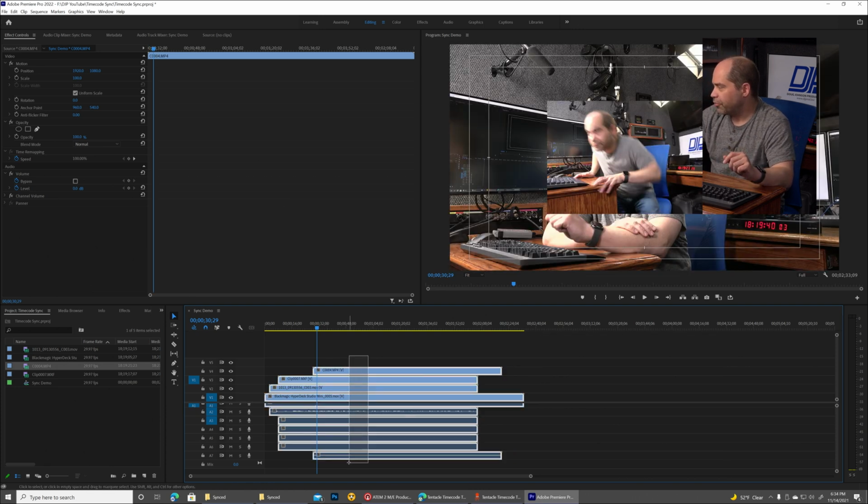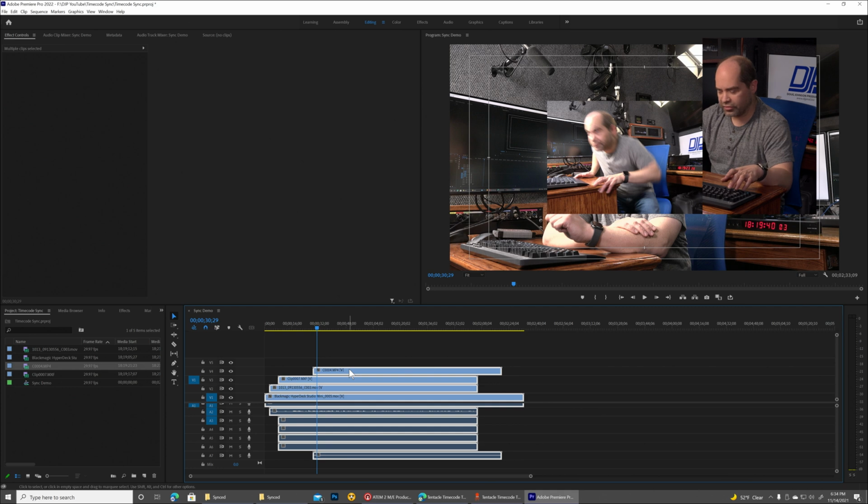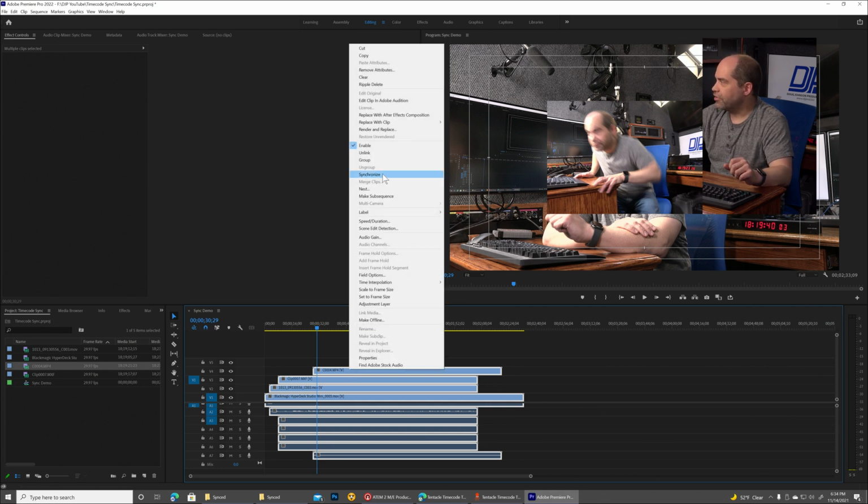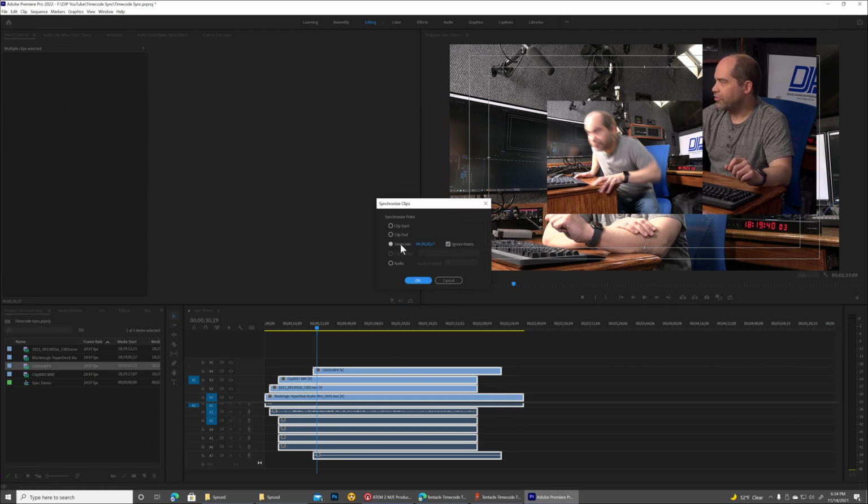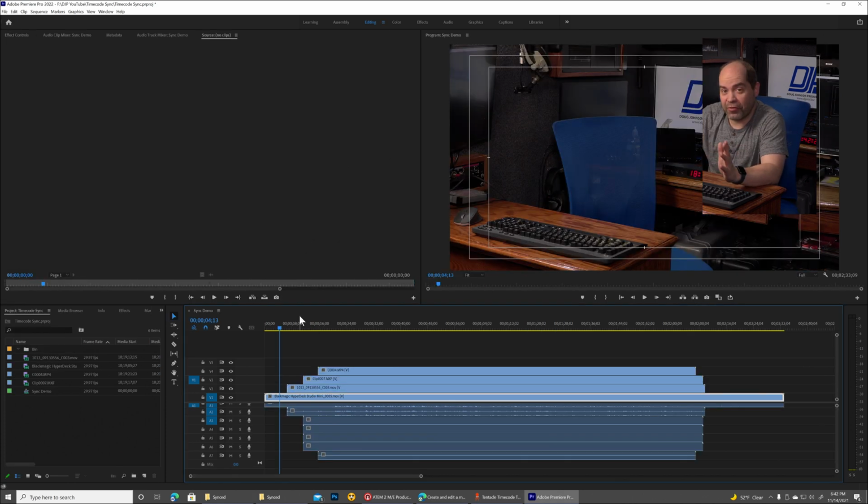at the end. But from here, I'll select all the files, and then right click, and then say synchronize, and then timecode is going to be the default option. With all those selected, I'm going to click OK. So now we've actually got all of those clips synchronized,